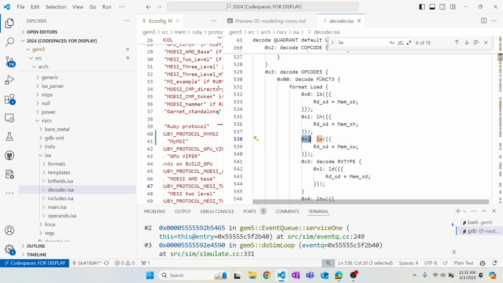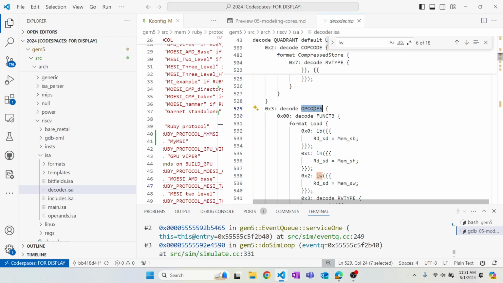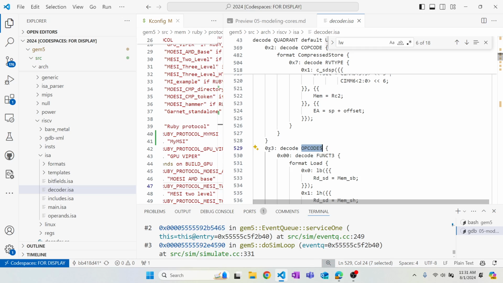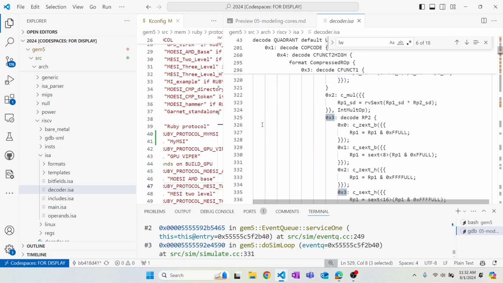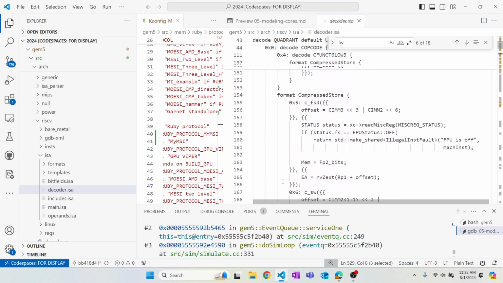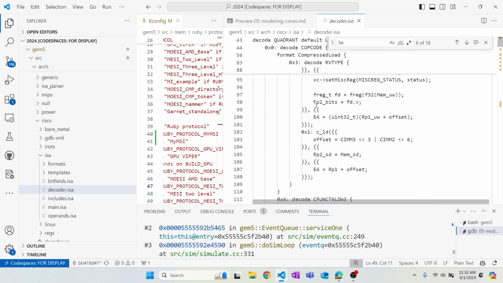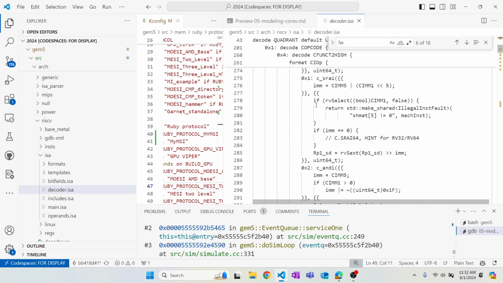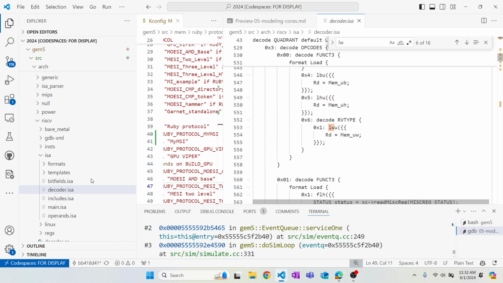Here it's decoding func3 00, which is of opcode 5 00, quadrant 3. And you can scroll all the way up to find where the decode opcode and the quadrant are. This is the part that we maintain and define how the decoder works, and that is parsed into